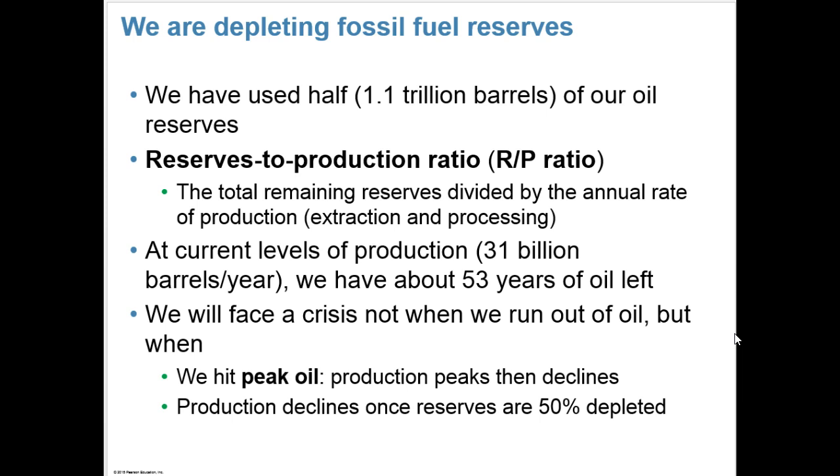And remember, fossil fuels are non-renewable. To estimate how long this remaining oil will last, analysts calculate the reserves to production ratio, or the RP ratio, by dividing the amount of remaining reserves by the annual rate of production, which includes extraction and processing. At the current levels of production, which is 31 billion barrels globally per year, 1.7 trillion barrels would last about